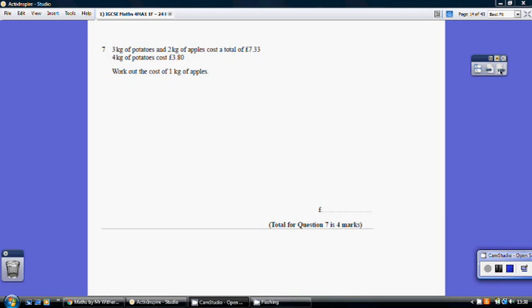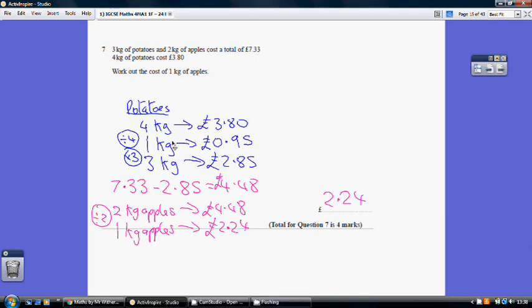Question 7. So you've just got to take your time here working through the information. So we're told that 4 kilograms of potatoes cost £3.80. So if that's what 4 kilograms cost, how much would 1 kilogram cost? Well, you're going to divide that by 4. £3.80 divided by 4 is £0.95. So if that's what 1 kilogram costs, how much are 3 kilograms going to cost? We'll multiply this by 3. 3 lots of 0.95 is £2.85. So 3 kilograms of potatoes cost